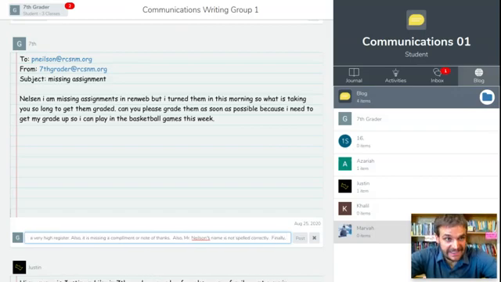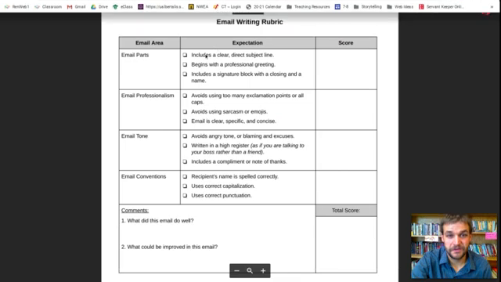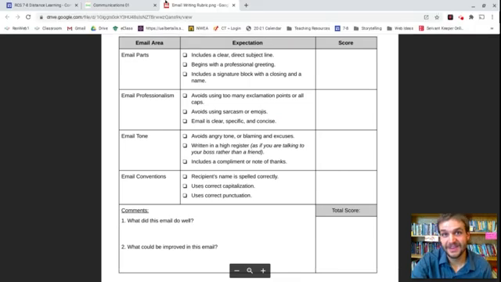And finally, there are many words that need to be capitalized. Like, for example, all of these places where it says I, those need to be capitalized. Also, "what is taking you so long to get them graded," period. The beginning of this next sentence should be capitalized as well. So I think that I've gone through and I think I've found all of the different errors that this terrible